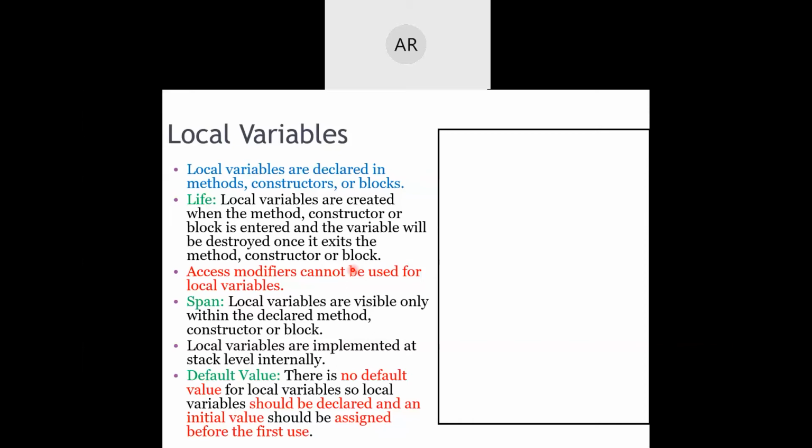So keep it in mind that without initializing them, you cannot leave them as they are. They should and must be initialized before they are used for the first time. So one example program I have kept on the right-hand side. Here I have just created a class